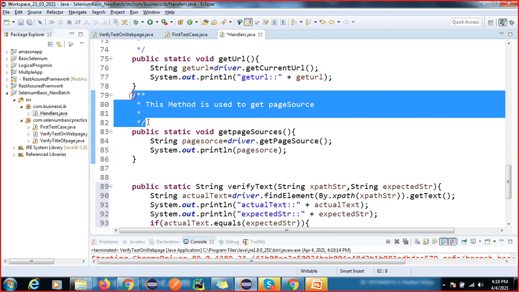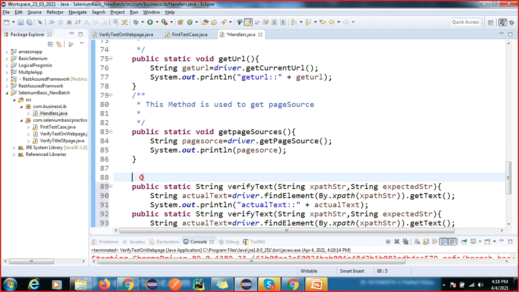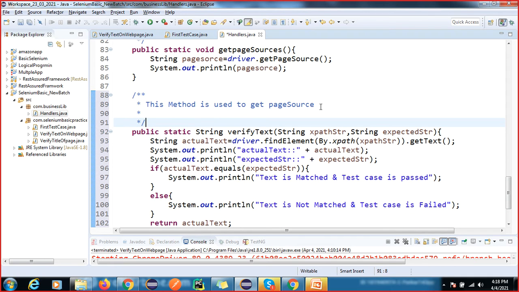So what is the use of this method? This method is used to verify text.